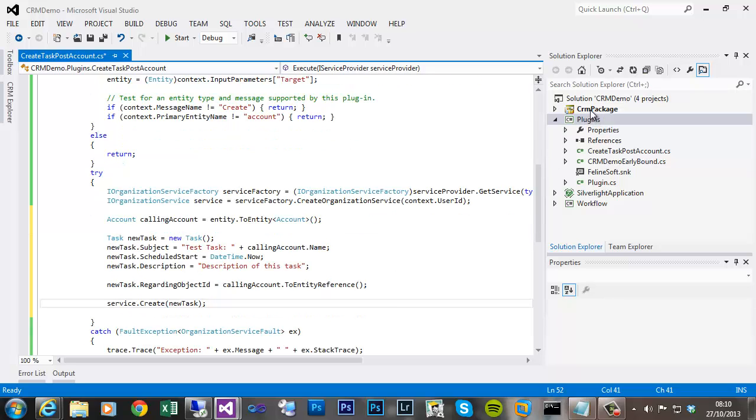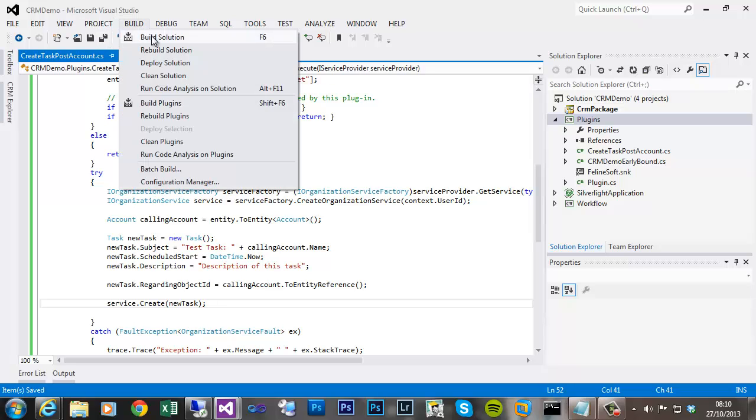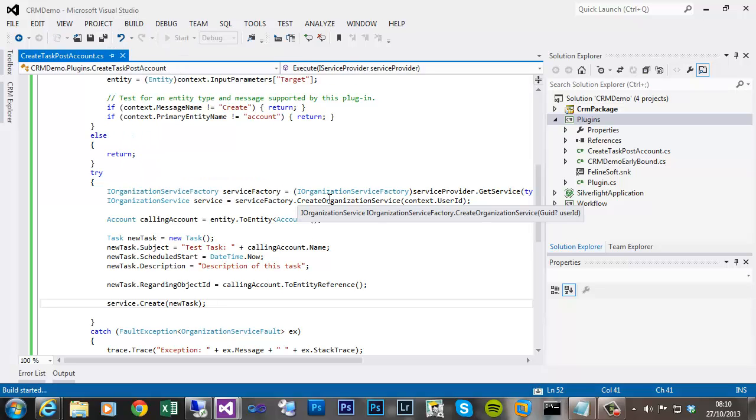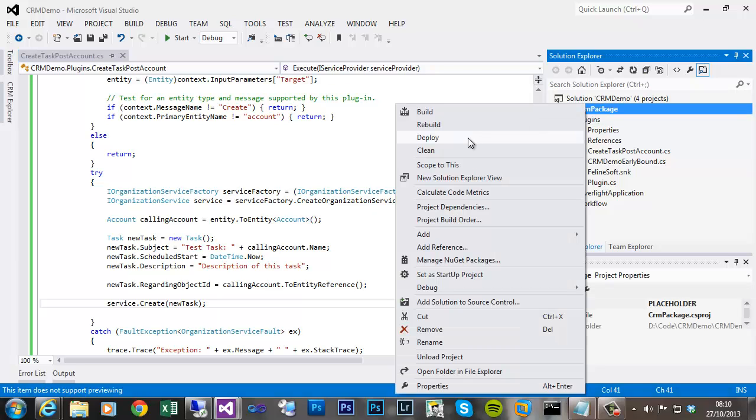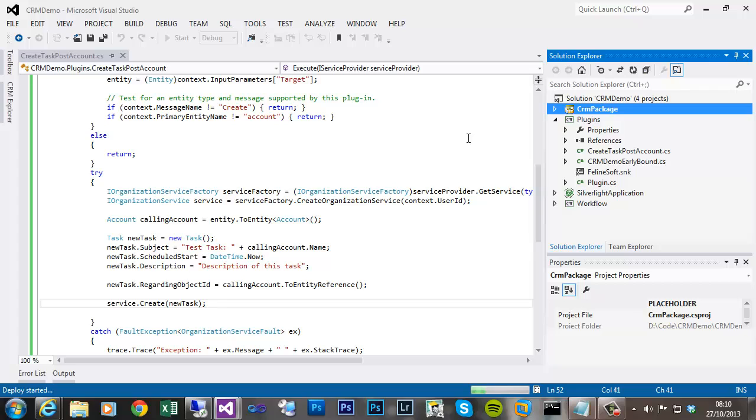What I'll do is register that now again. So just save that, build it, ensure it builds successfully, which it does. So I can right click and deploy again. I'll just pause that. That's successfully deployed. So now if we go back to CRM